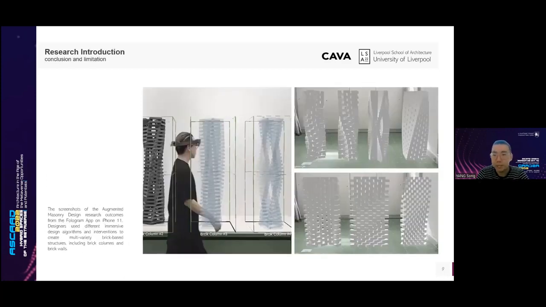So the augmented immersive design research developed and verified an AR-assisted immersive design method that successfully applied design algorithms in the AR environment, exploring a real-time, interactive, and spatial-free design method in the early architectural design stage for brick structures. And closely practicing the